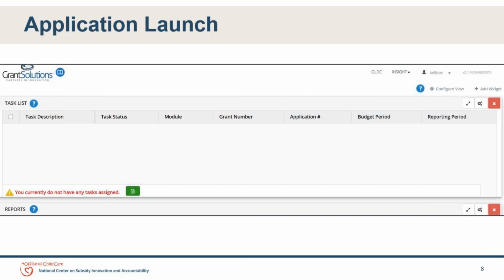Now let's move to application launch. Once you've logged into the OLDC, you'll receive the application launch page, which looks like this screenshot. You will click on the OLDC, which is in the top right corner. And once you click on the OLDC,